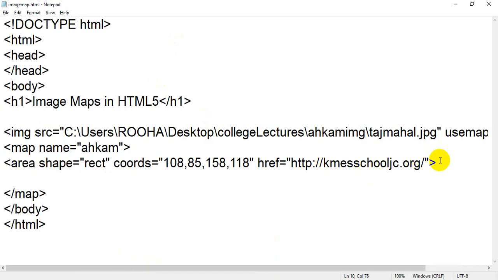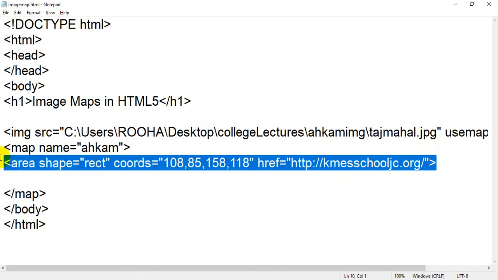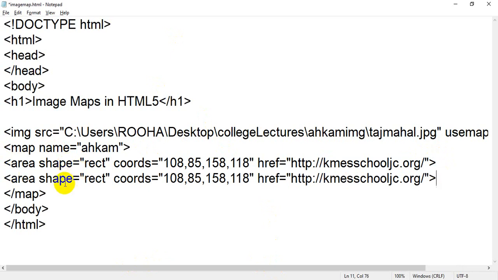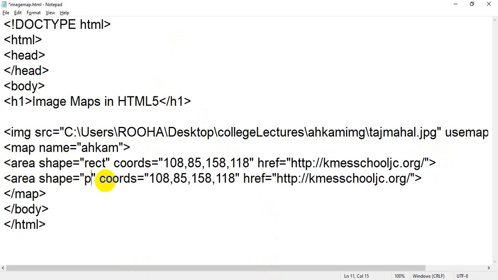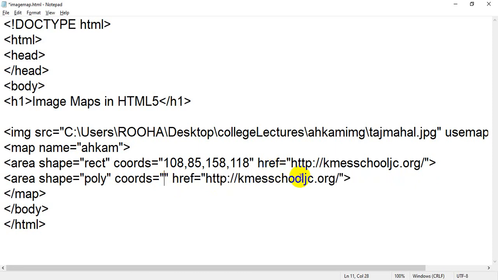So same thing I have to create. I have to take one more area tag, Control C I have pressed, and I have pressed Control V. Now instead of rect, I am going to write poly. Okay, now I will remove this coords because we have to take new coords, and I will remove this one too, because here I have to take a different URL, a different page. So here I have to write,